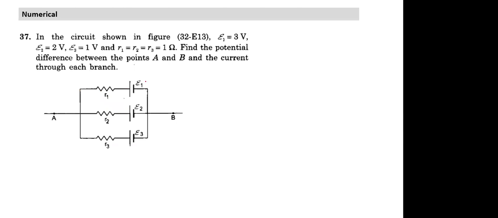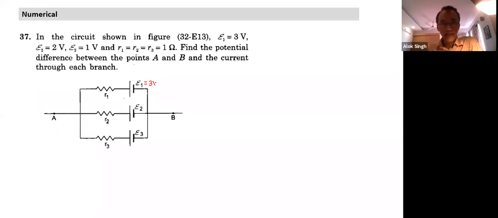This is something that cannot be solved just like that. It requires a little bit of work. E2 is equal to 2 volts. E1 is equal to 1 volt. And R1, R2, each one is 1 ohm. What we need to find here is the potential difference between point A and B. If I mark 2 points, small a and small b, will that be the same or different? The potential difference between A and B is the same as between 2 points in the circuit. There's no resistance, so the potential at A is the same as small a, and the potential at B is small b.